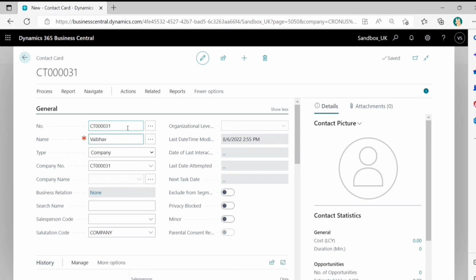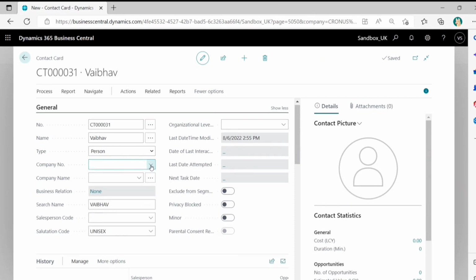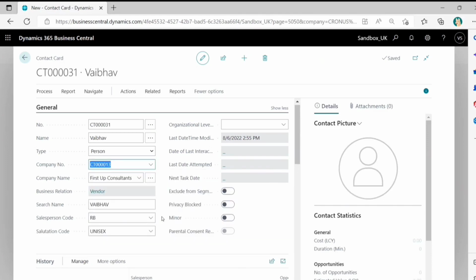For example, I'm mentioning my name here, Webhub, and the contact type could be type company or type person. I'm a person, so I'm selecting contact type person. If I belong to any company, then I can also select the company name here. For example, I have already created a company contact, which is demo one, or I can also select any company here. For example, I'm selecting First Up Consultants. So I have associated myself